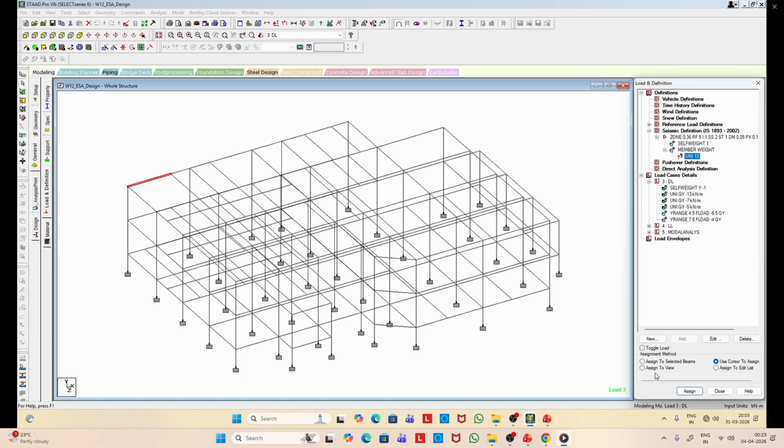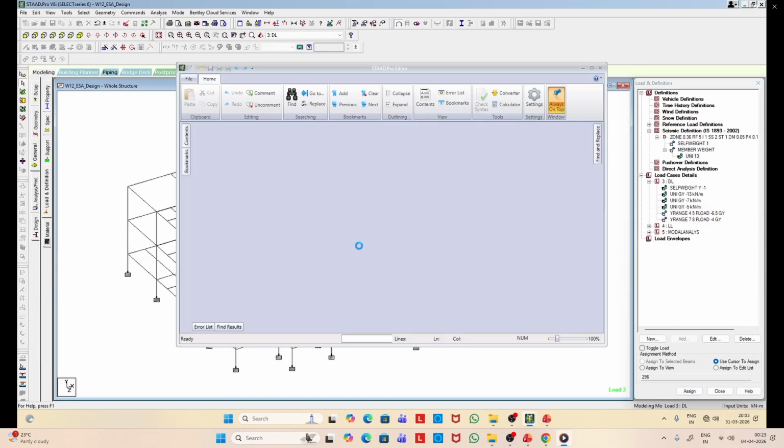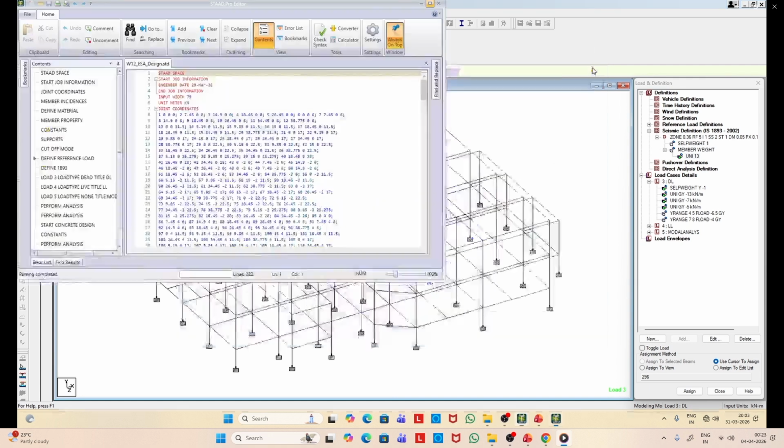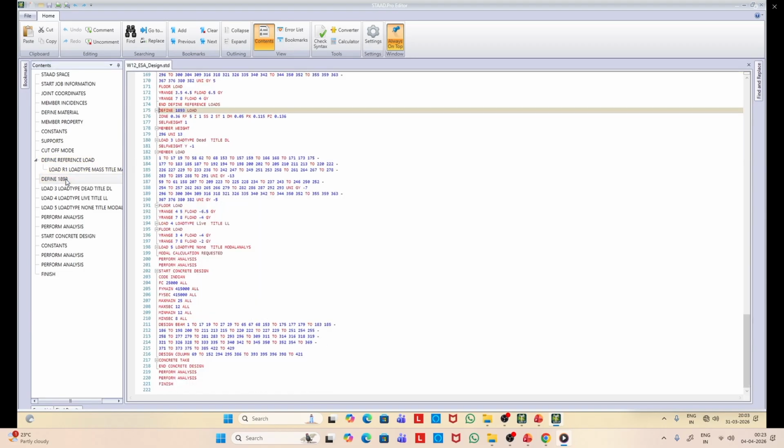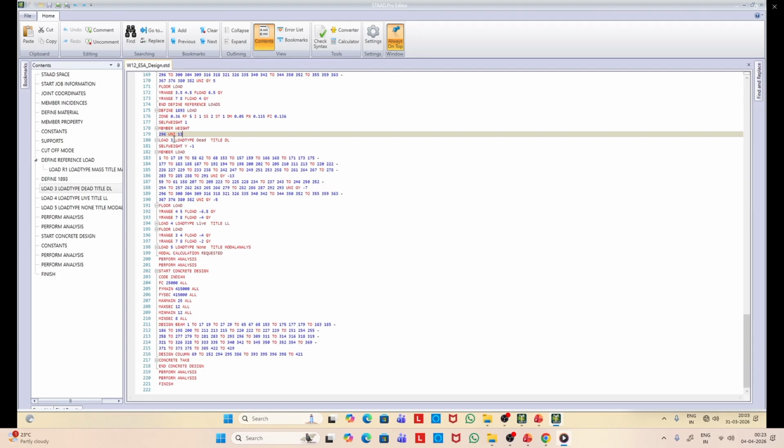So you can see if we apply that, it is applied to this identified element, and then we can go to the text file and very easily apply for the complete structure.